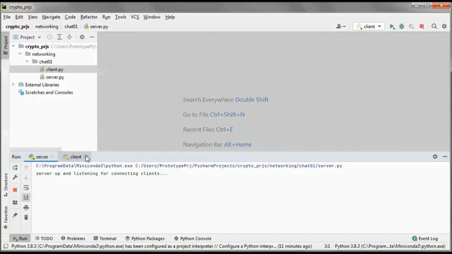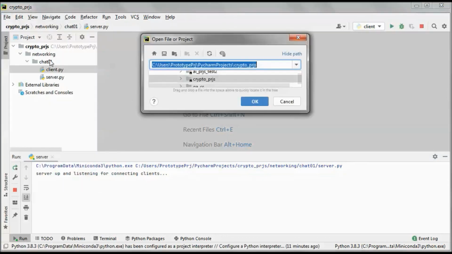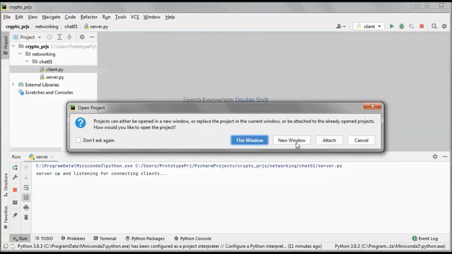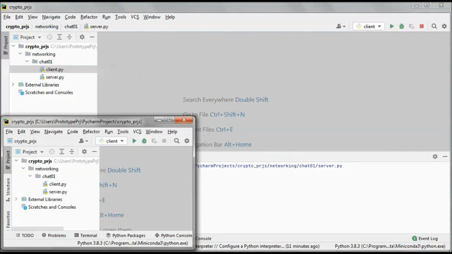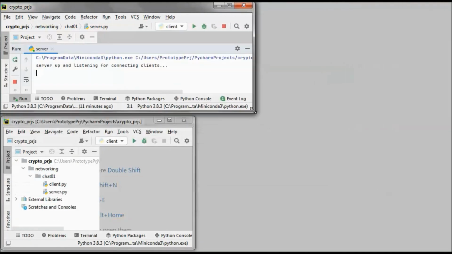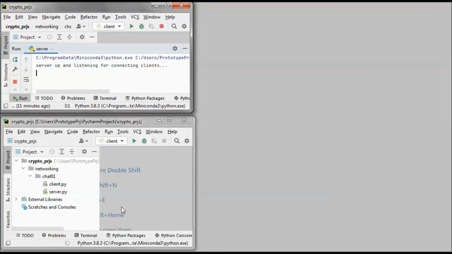So to get around this, let's go ahead and open up several IDEs, and they will all be going against the same code base.